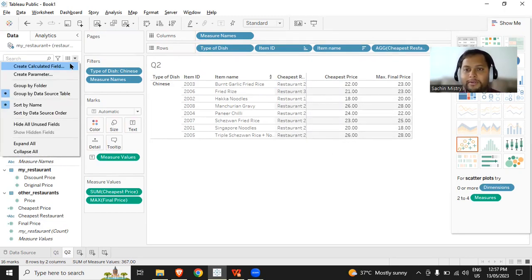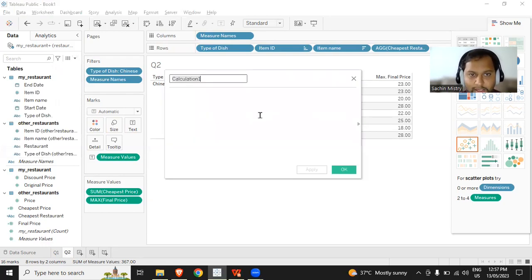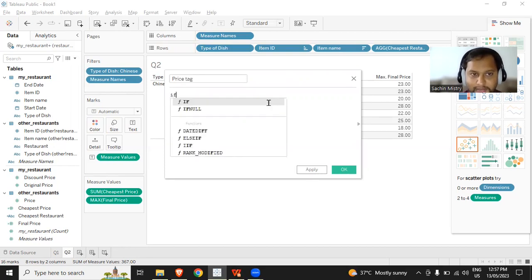So I want to know more about this, that whether 23 and 22, restaurant 2, am I cheaper? I mean, am I better priced, or maybe I am expensive. So I want to know about this. So I'll just write a calculation over here. Let's say I'll mention the price tag. Let's mention if max or final